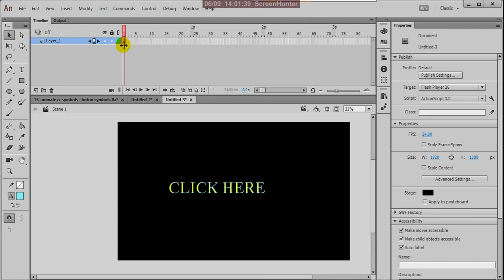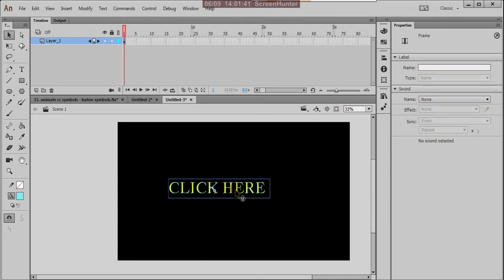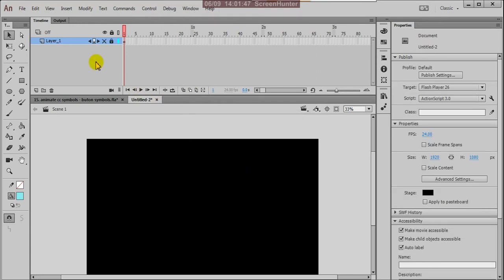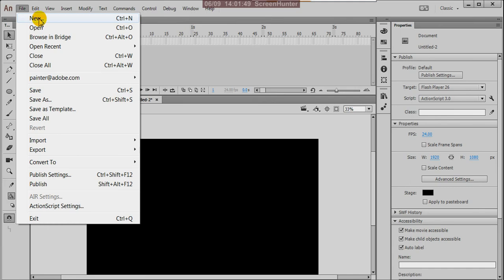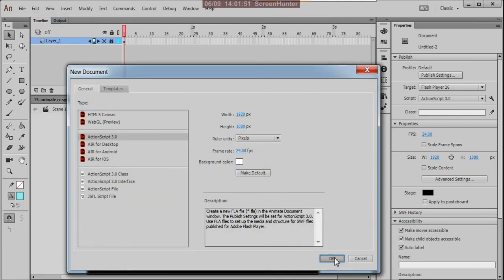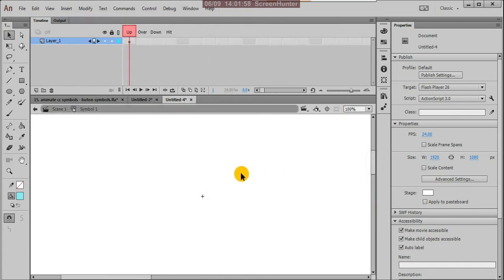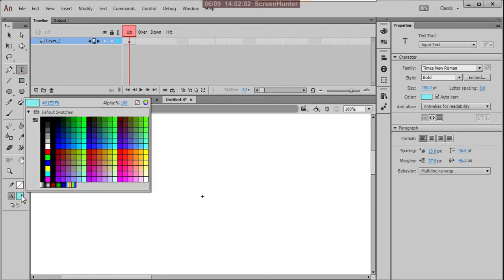Yes, what we'll do, because it is not working, I'll create a new one, because many times it happens. Insert new symbol. Okay, so here you can create our text.